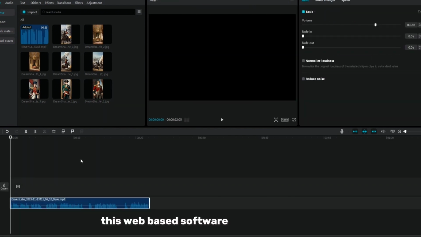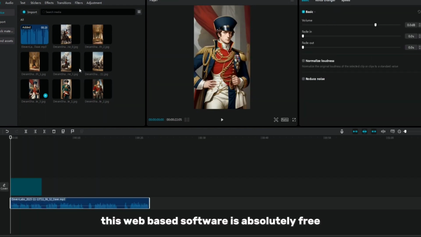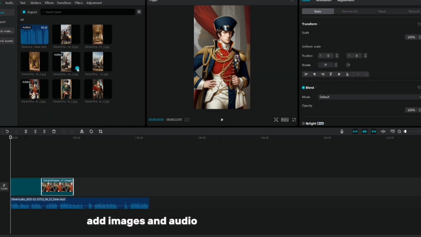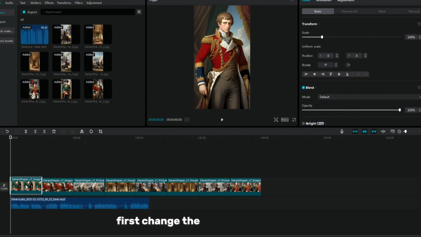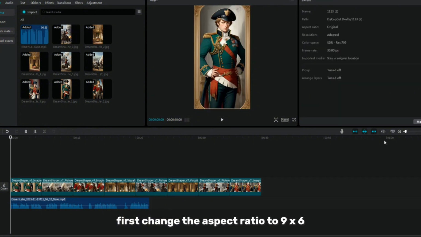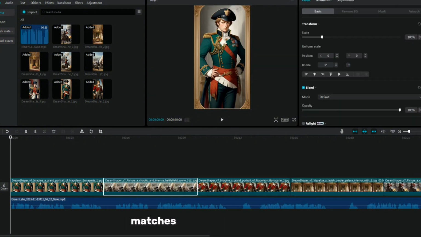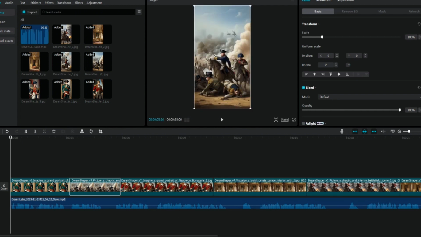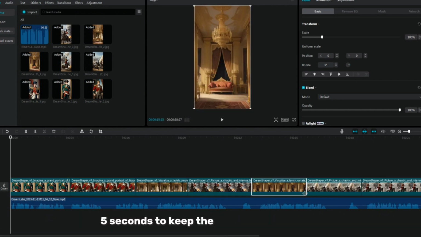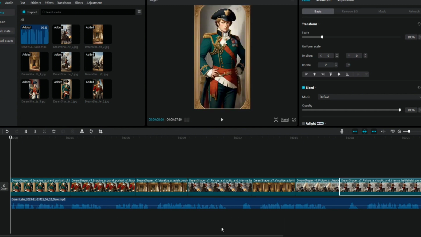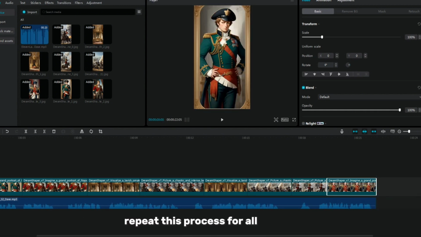This web-based software is absolutely free. Add images and audio recordings to the timeline accordingly. First, change the aspect ratio to 9:16 and make sure that the size of the images matches the size of the screen. Try changing the images every 3-5 seconds to keep the audience interested. Repeat this process for all images.